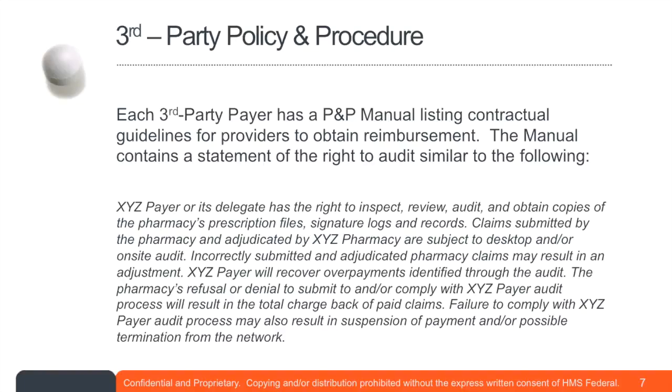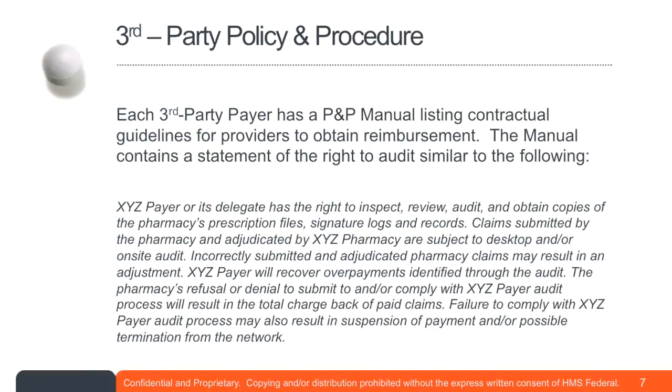So when the pharmacy signs a contract that they will dispense the medication and then receive reimbursement from this third-party payer, they're saying, okay, I allow the third-party payer to come in and audit, to take a look at the records and make sure that we're doing what we're supposed to do. And in the event that we are not doing what we're supposed to do on the pharmacy level, the third-party payer has the right to recover overpayment. So whatever was paid to the pharmacy that should not have been paid can be recovered, and that means that the pharmacy has to pay it back.